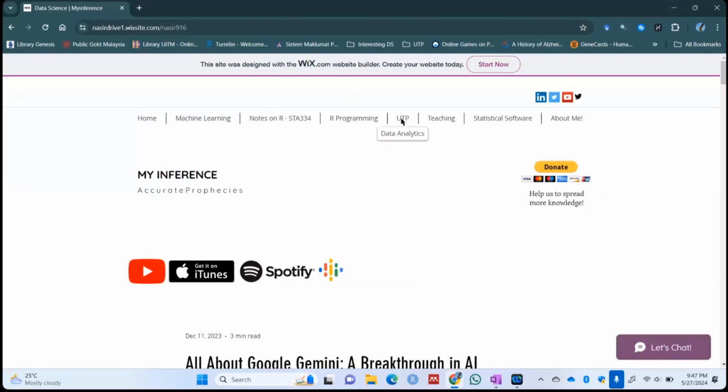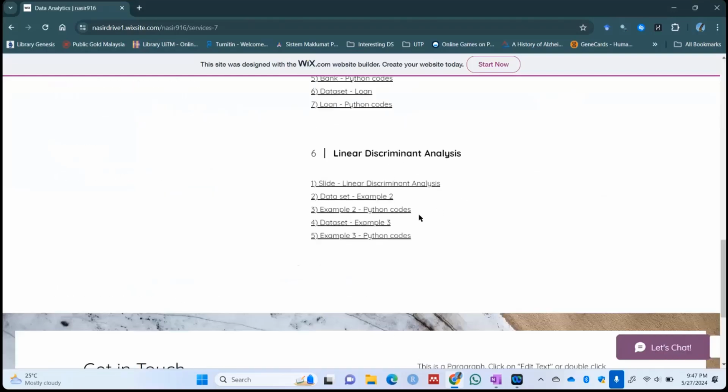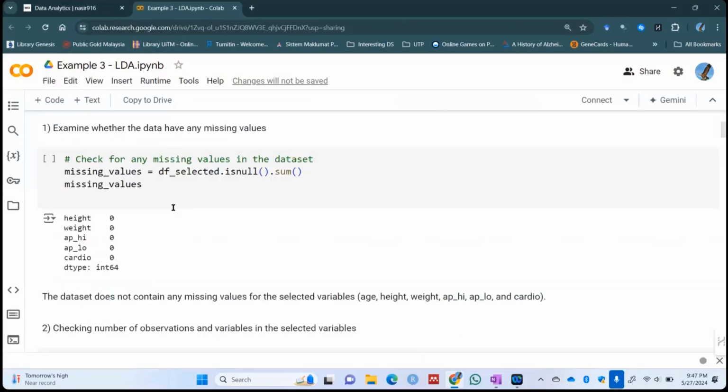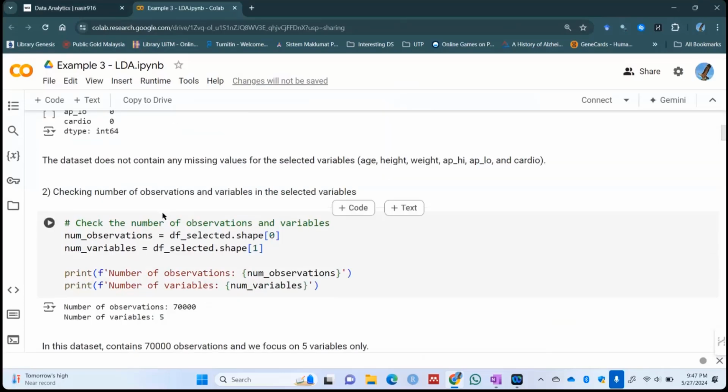So here I have example number 3, Python codes. So you can see how I proceed with the linear discriminant analysis, from exploring data, data exploration, and then